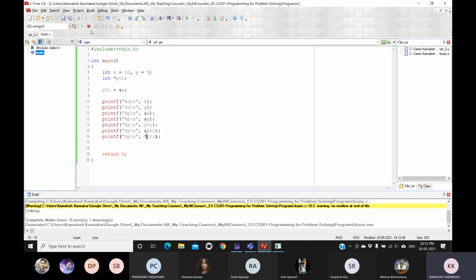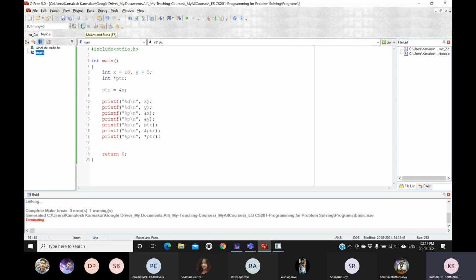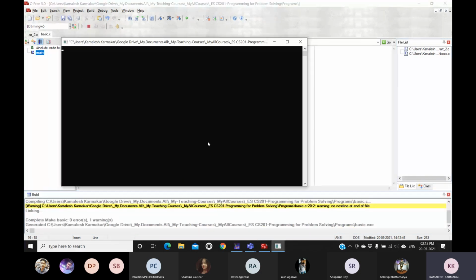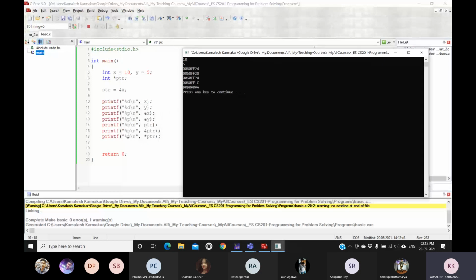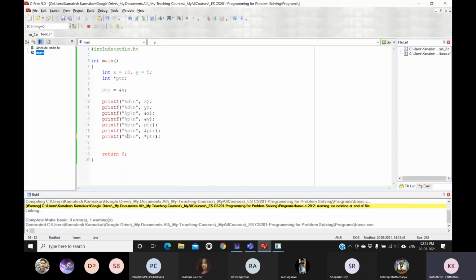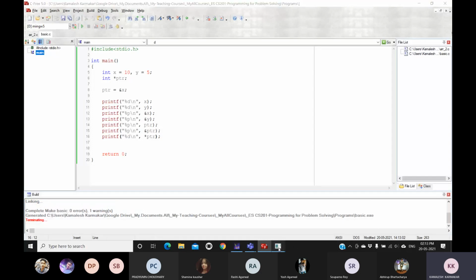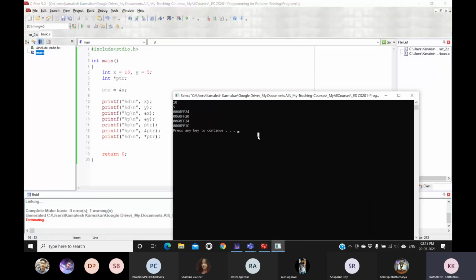Star PTR will basically point to x and print the value of x. Let me run it. Just a minute, lots of terminals are open.